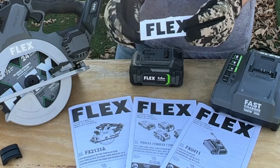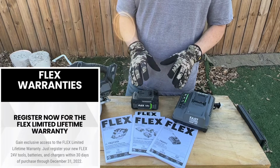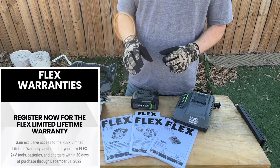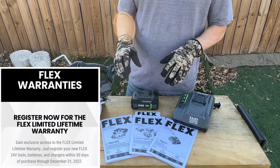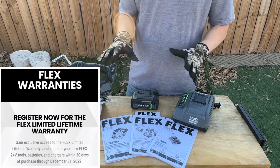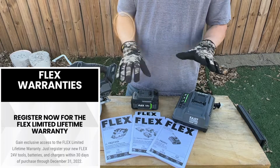from Flex as well. You can get the Founder's lifetime warranty all the way up until the 31st of December of 2022. So if you buy any Flex tools on or before December 31st, 2022, you get a Founder's lifetime